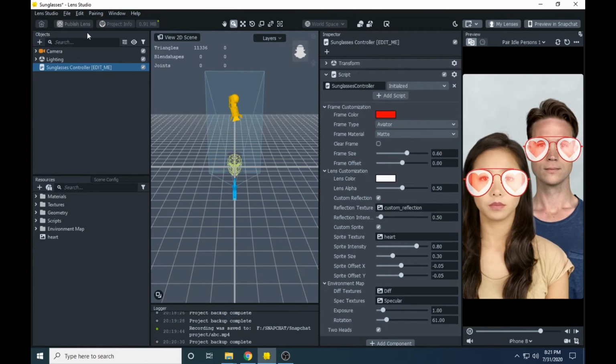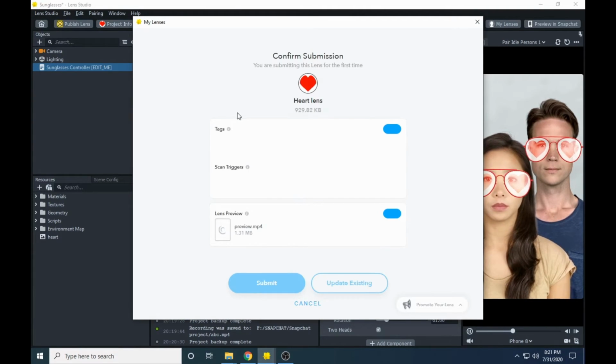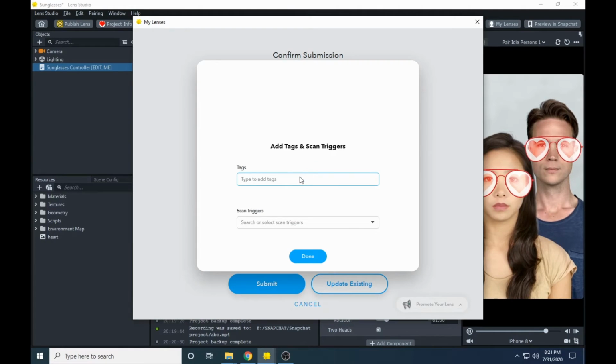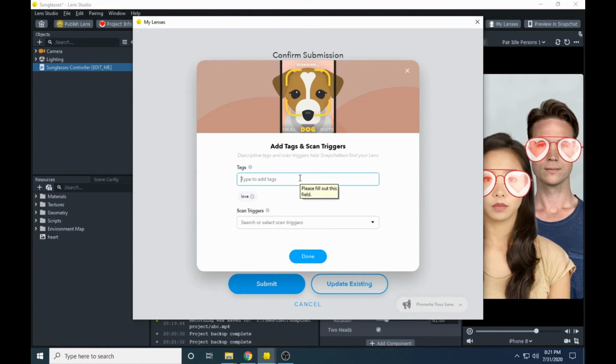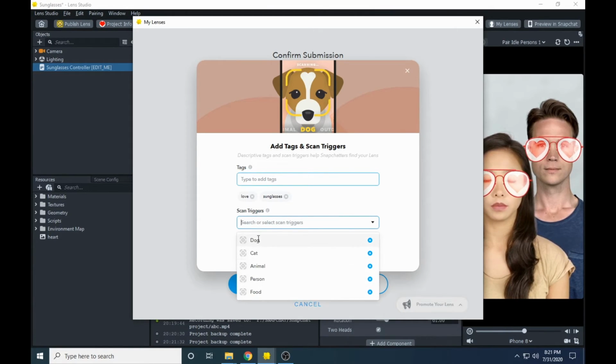Publish lens. A pop-up window will open. Now we will give some tags, like love, some more tags, sunglasses maybe, and you can give up to 8 tags, but I'm just giving 2 right now. And this is the scan trigger.